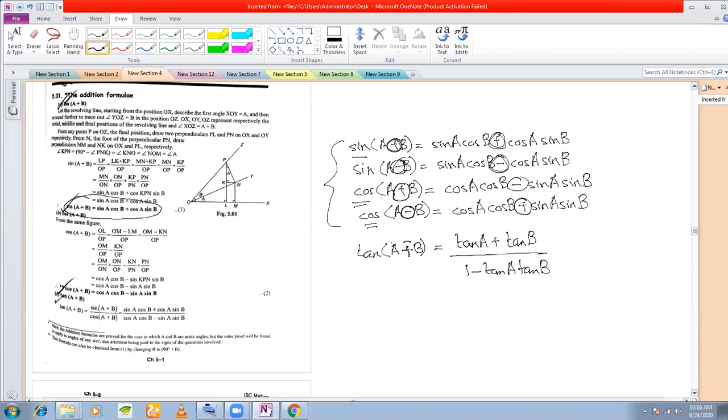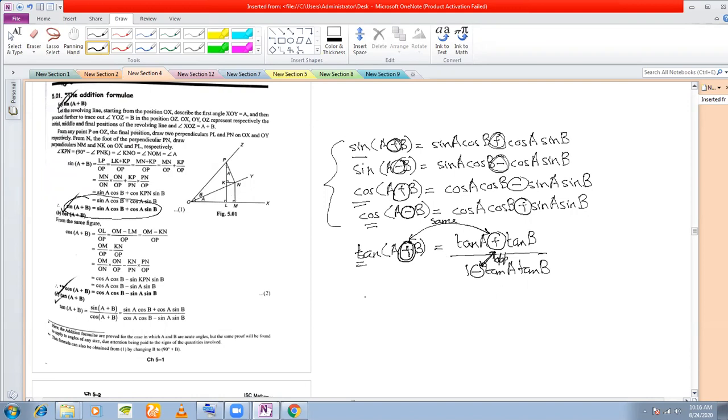Tan A plus B. Now, when you have a compound angle formula for tan, in tan A plus B, this sign will be the same as this, and this sign will be just the opposite of this sign. Remember it this way. So how will you remember? Whenever you have a positive sign inside the compound angle formula for tan, these two signs will be the same, and these two signs will be the opposite of each other.